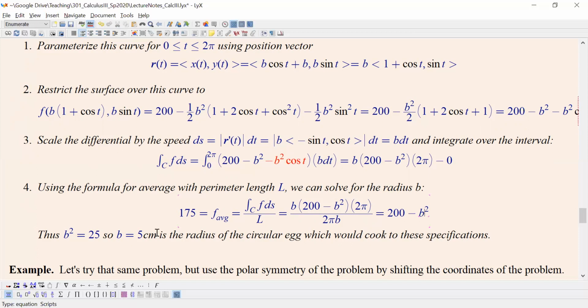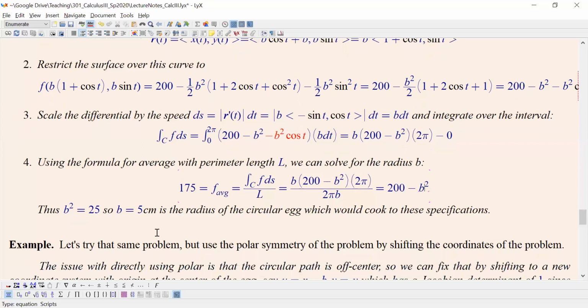Now, before we end this example, I wanted to dig into the polar symmetry, because it felt like we were doing everything in terms of theta, but we were calling everything t. Like, why couldn't we use theta? Well, if I go to the same problem